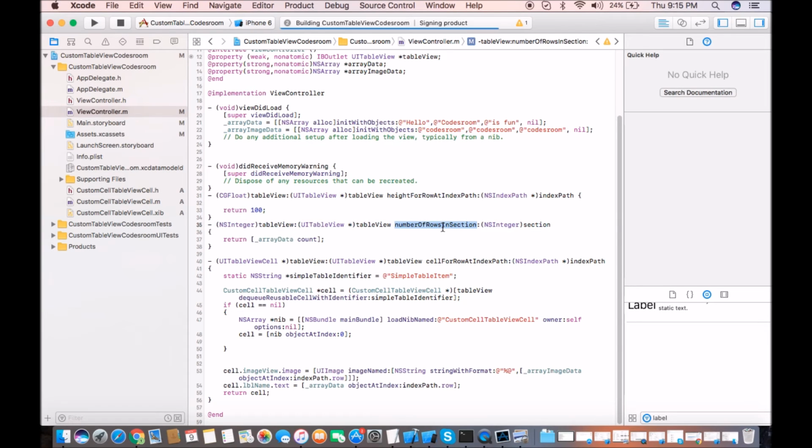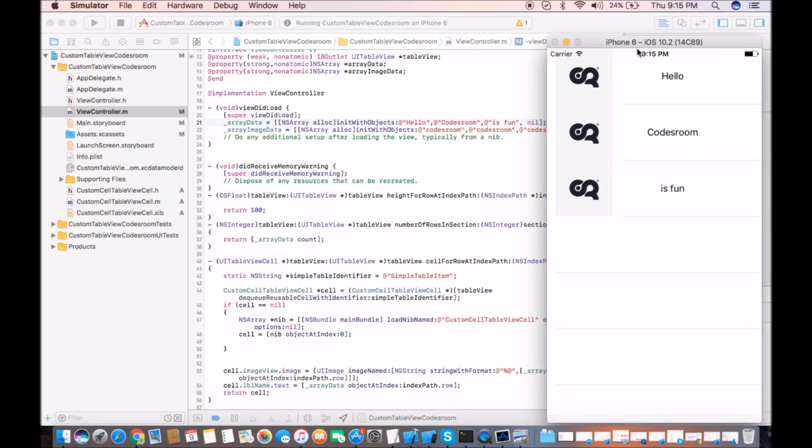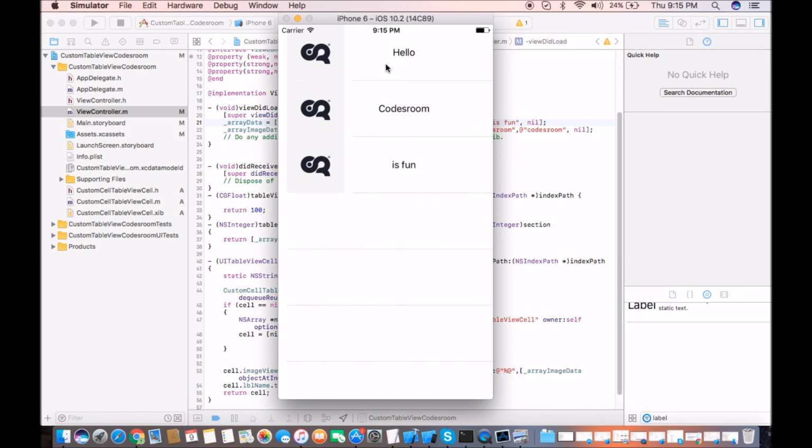Number of rows in section is returning the count of the array data. So let's say it is having hello, coach room and 1, so it will return 3 as rows. And this particular section which says cell for row at index path, you can now see that my complete program has the particular part which I wanted to show you, that you can have your own image, your own text at the dynamic